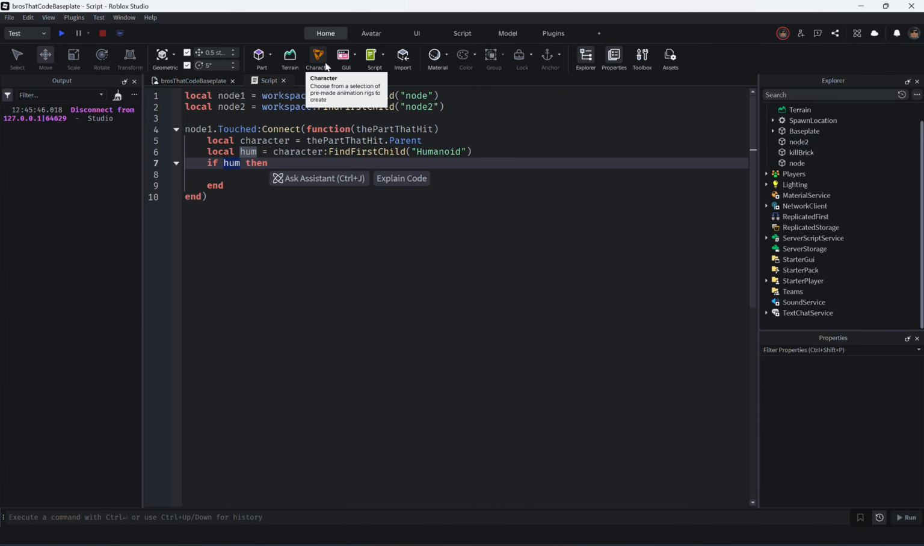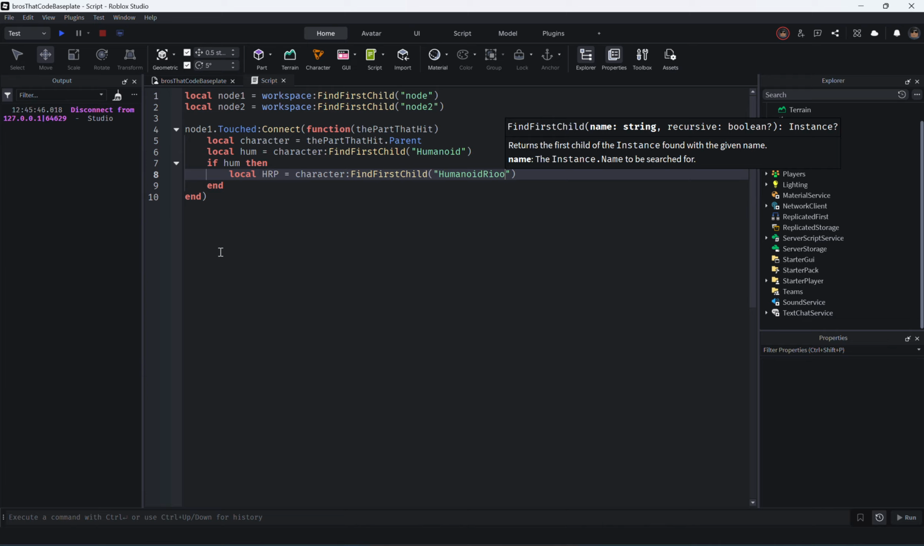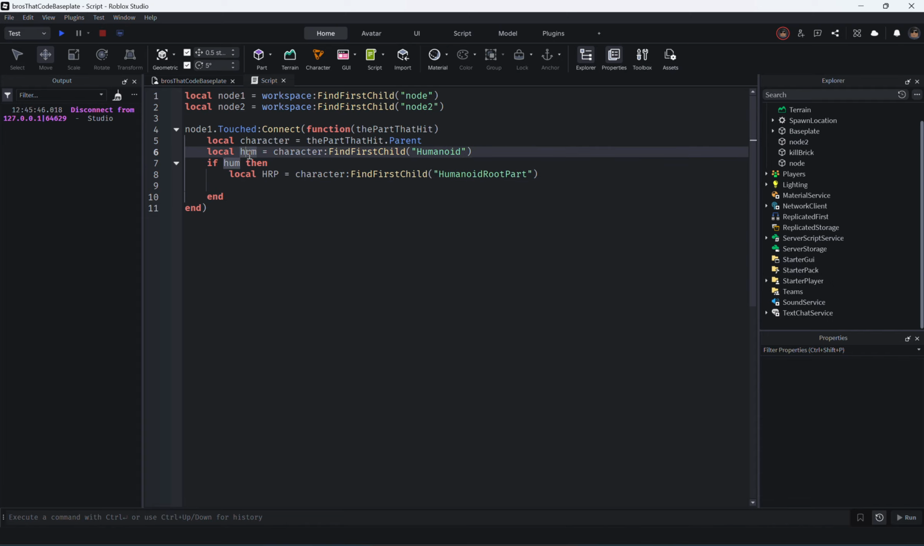So I'm going to say if it is a humanoid, then I'm going to reference its humanoid root part. I'm going to say local HRP, I'm just going to abbreviate it, is equal to character:FindFirstChild("HumanoidRootPart"). If it is a character and it has a humanoid, that means it also has a humanoid root part. So I'm going to get that and reference it. And then another filter here, I'm going to say if HRP, meaning if the humanoid root part exists,